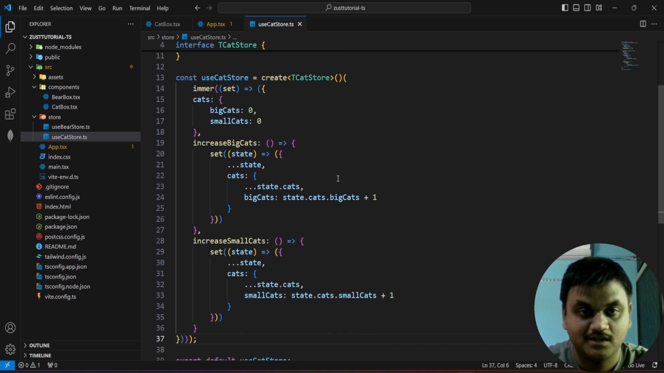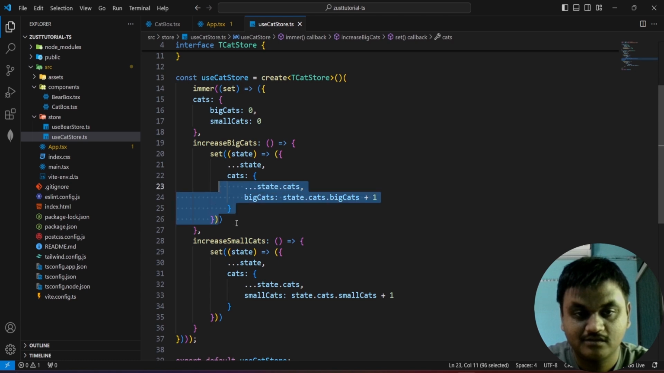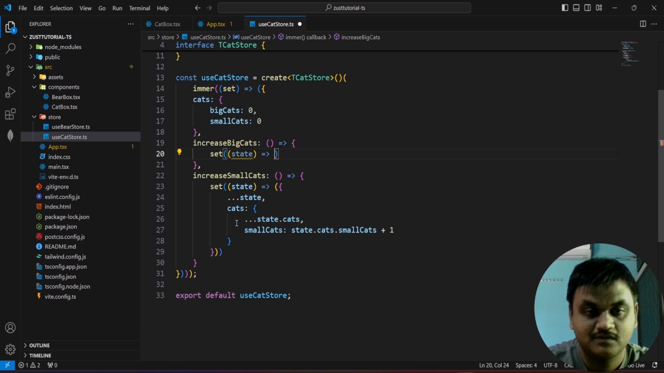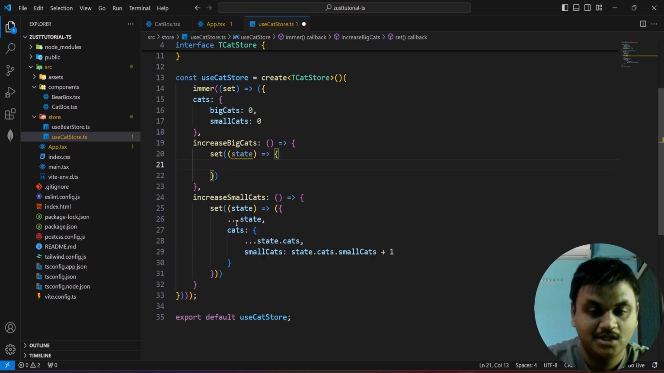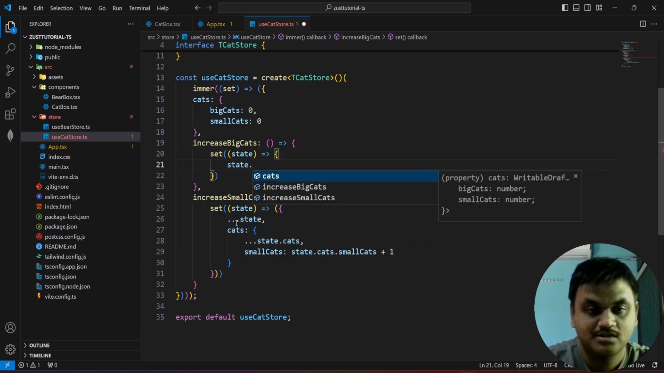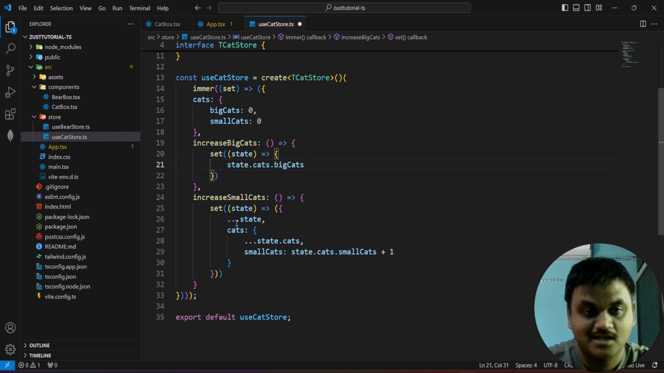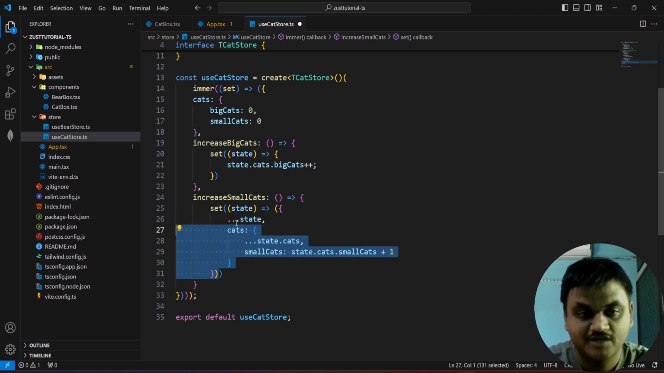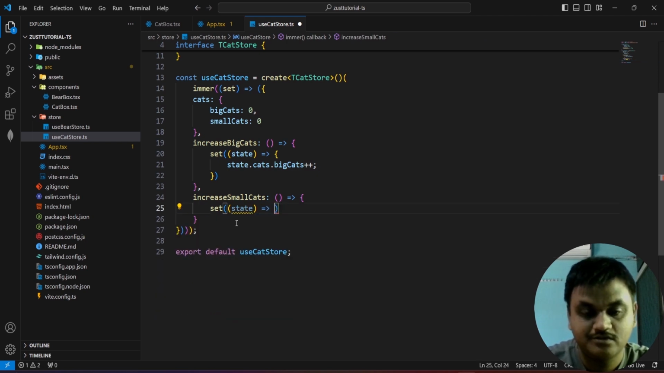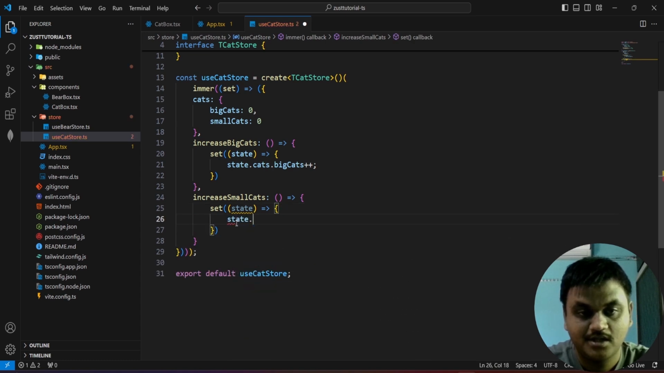This is the immer middleware. You are not required to do this much. You can remove this entire thing. You can use a direct update: state.cats.bigCats++. Here also the same thing. Instead of big cats, we are going to use small cats: state.cats.smallCats++;